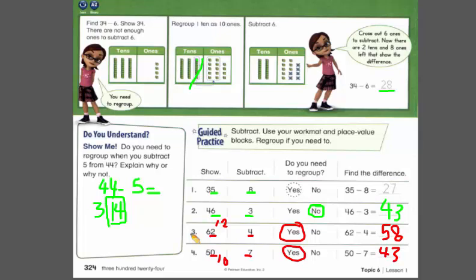Because sometimes the number of ones I am subtracting is greater than the number of ones I am subtracting from. Like this example, 4 is greater than 2, so I can't do subtraction. I have to regroup 1 ten, make it 10 ones. Now 12 minus 4 equals 8. Turn the